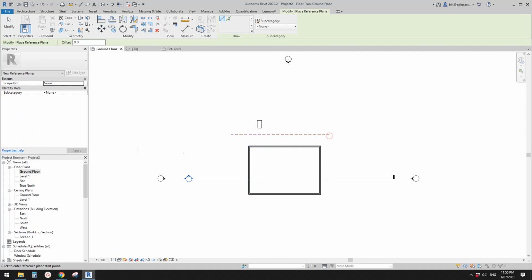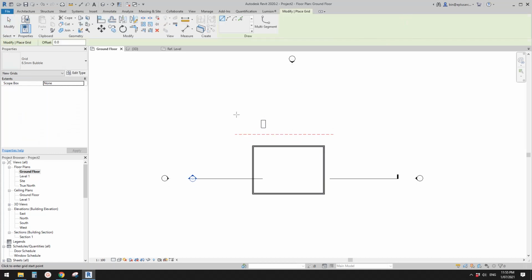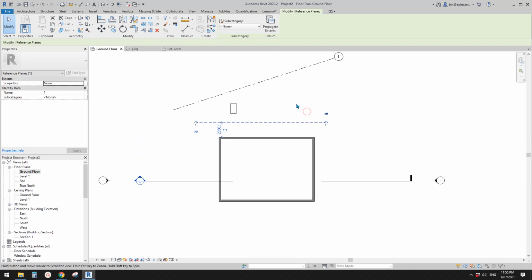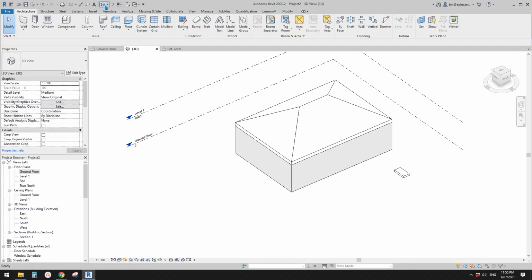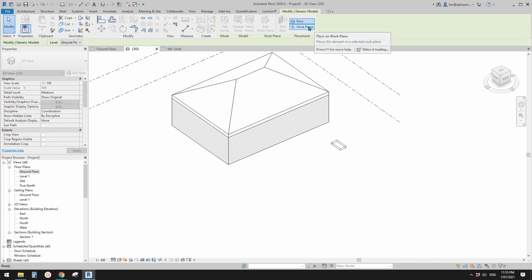For example, let's go back to a floor plan and create a reference plane, or you can use a grid. I'll just draw a grid like this. You can name your reference plane, so I'll just name it 1, and then we will have more options. Let's select this one, Pick. You can use Work Plan, and in this drop-down menu you will see the grid and reference plane. So if I pick this one and then place this